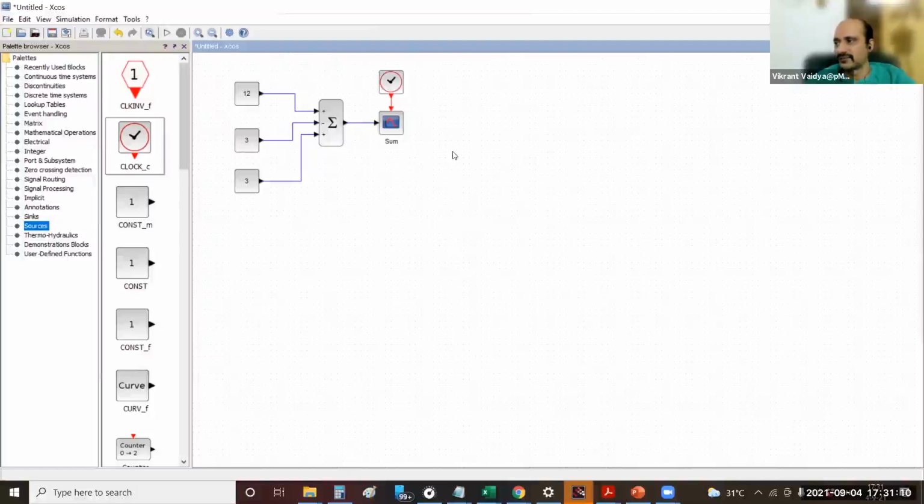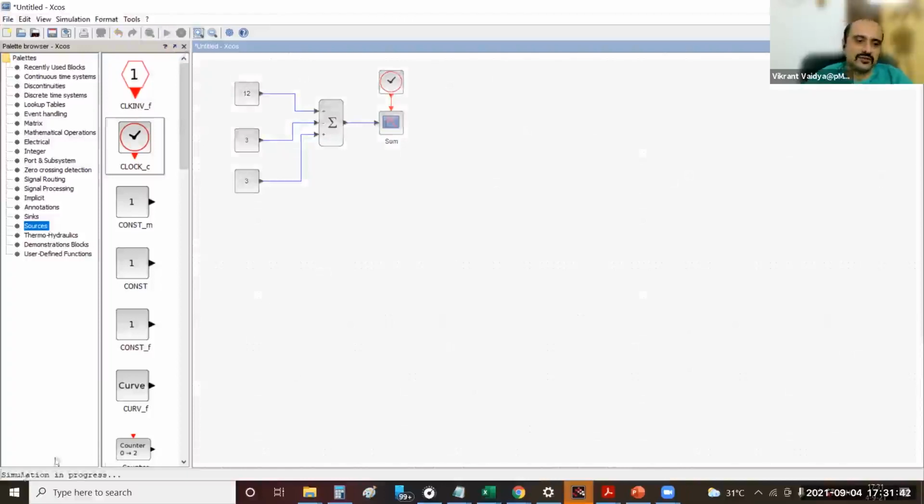Okay, great. So you are all set to run your first simulation. This is your model, as simple as it may seem. You have programmed it to add 3 constant values, or add 2 and subtract 1, and then plot it. So how to run the simulation? There is a play button, a triangle, on the toolbar. If you mouse over it, it says start. Just click on it.